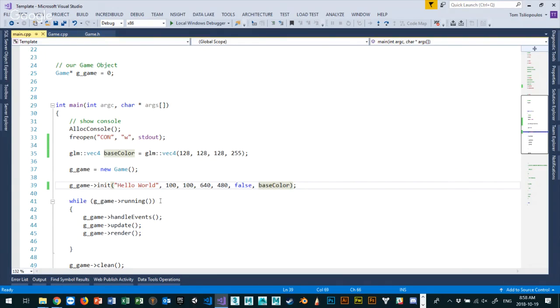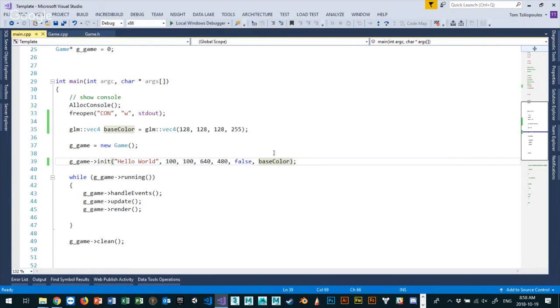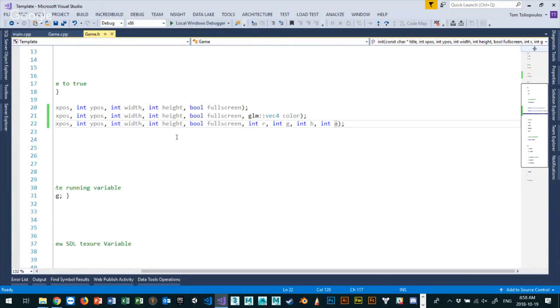Anybody have an idea what to do? Think about what we can do here. We can call, sorry, we can call the init function. That's cool. Do I have access to the renderer though? Well, let's take a look. Do I really? If I go to my game.h,